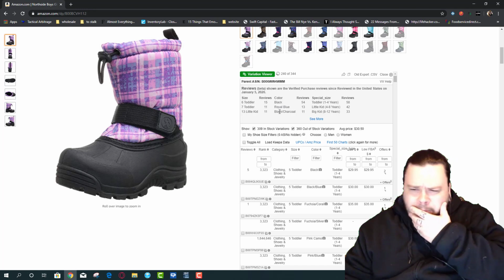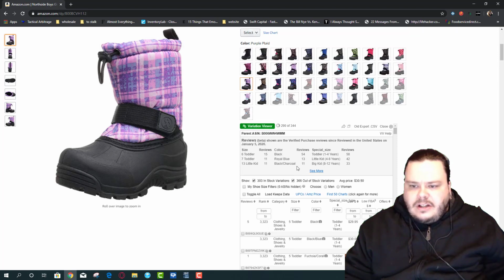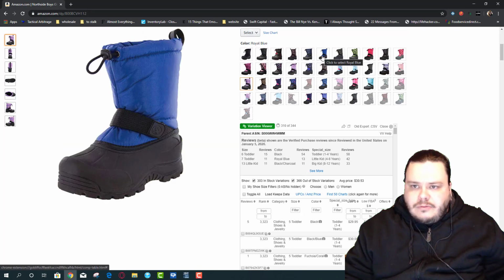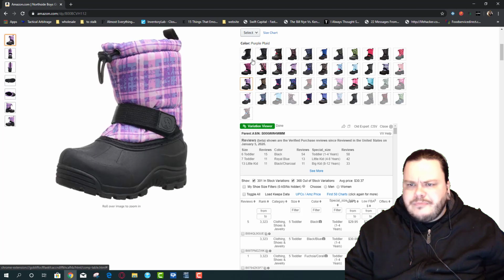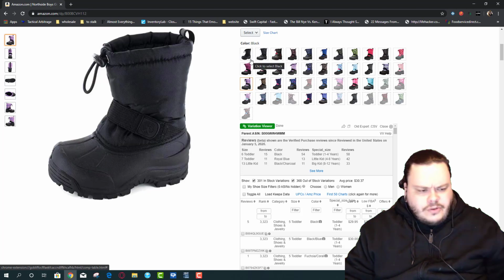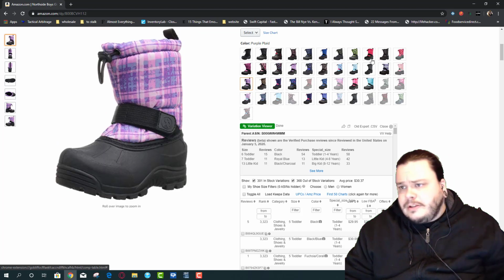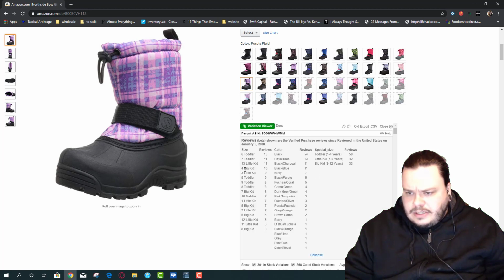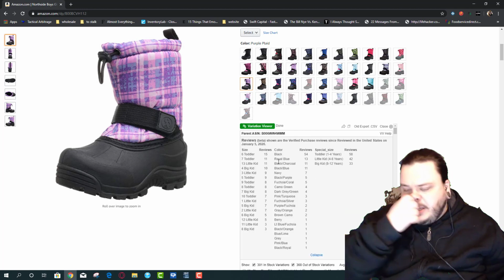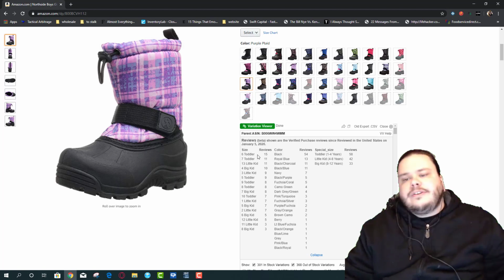Black, royal blue, black charcoal. Definitely the best colors. So the darker colors. Is that the royal blue? Yeah, that makes sense for a boy shoe, even a girl shoe. I mean, you don't need to gender everything so much. So black, that's pretty unisex. Gray, that's also pretty unisex. Red, I could see a boy or a girl wearing that. You can see more with this. Yeah, so this is exactly what I always say. Black shoes sell best. 6, 7 toddler is a good size.